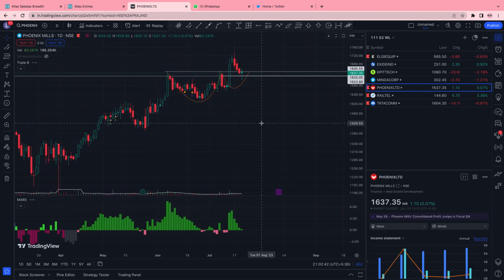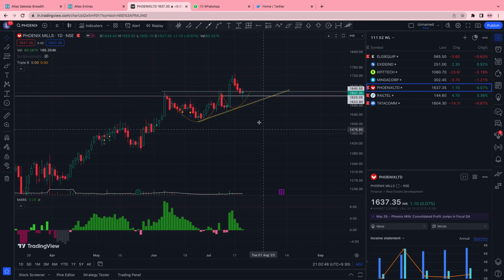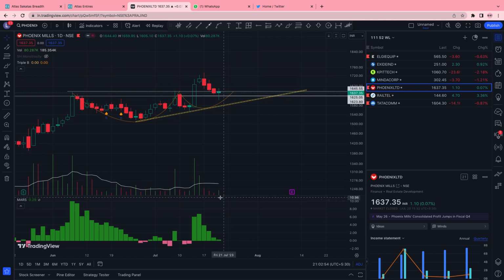Phoenix Mills had a terrific candle today. I was hoping that today it would go straight up, because for 1 to 3 days volumes were already almost nil. But when this sort of action was happening, I was like, fuck it, probably it's going to go down. But